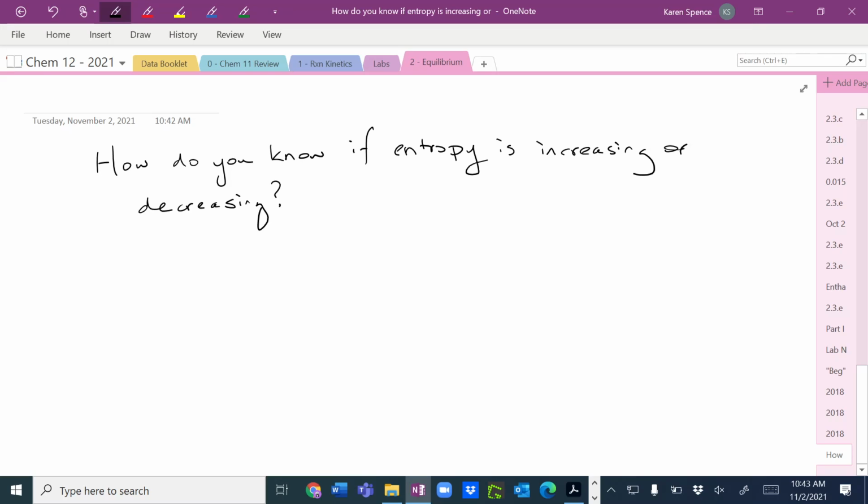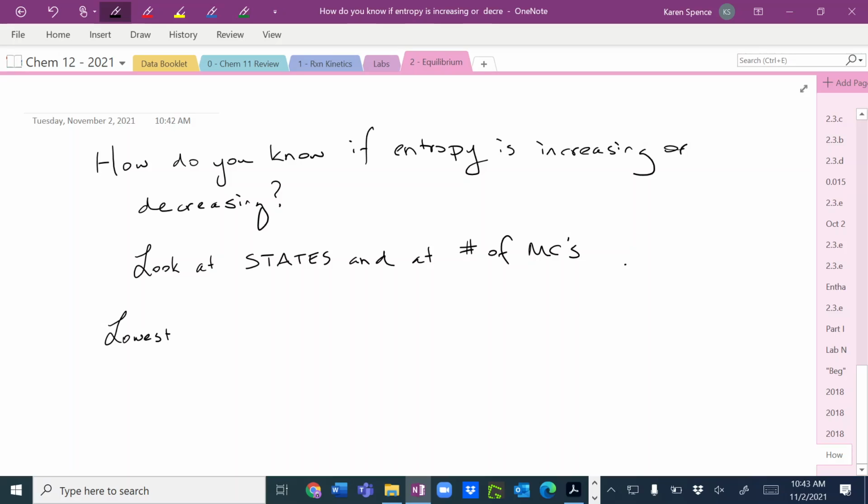Okay, so how do we know if entropy is increasing or decreasing? What you're going to be looking at are states and the number of molecules. So if you remember, what is our